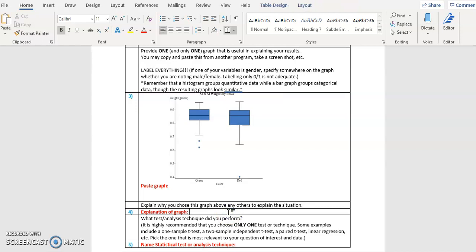My explanation of the graph. Why did I choose a side-by-side box plot? In my case, I might say something like, it shows the quartiles and outliers for each color. Okay. Actually, I'm going to change it to the side-by-side box plot. Okay. So it doesn't have to be a long explanation, but just a thoughtful explanation that describes